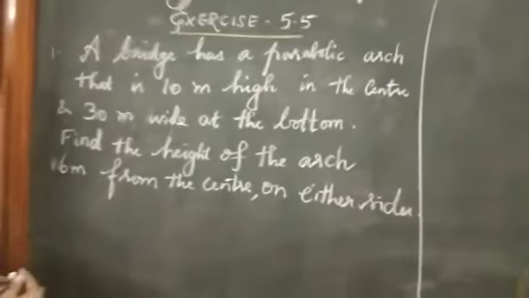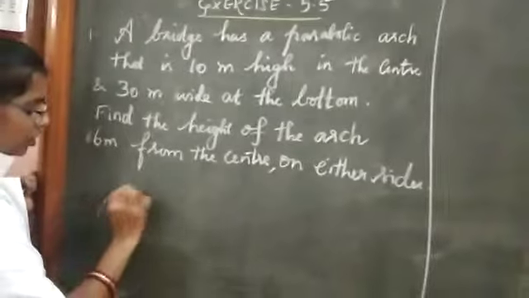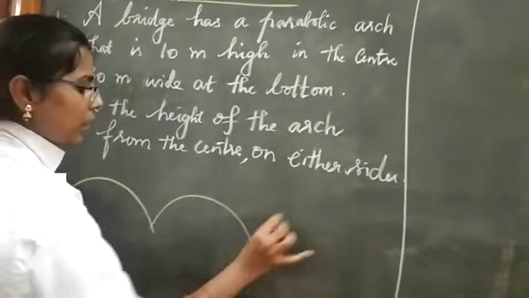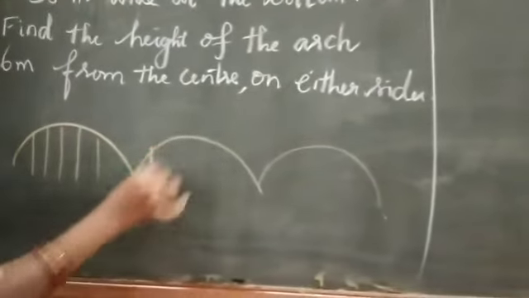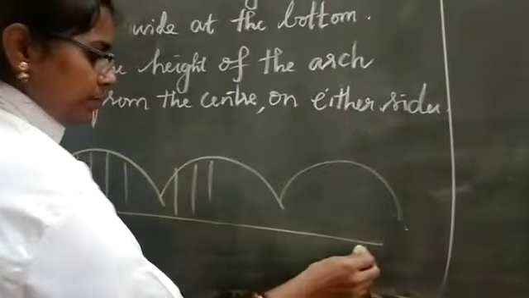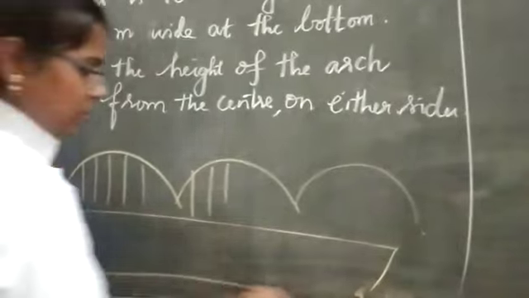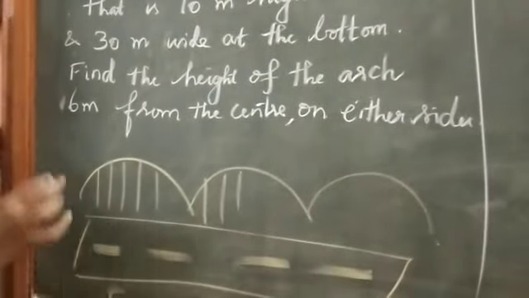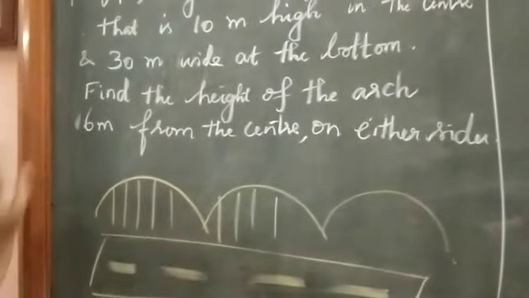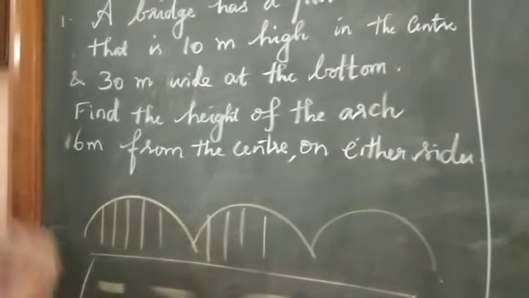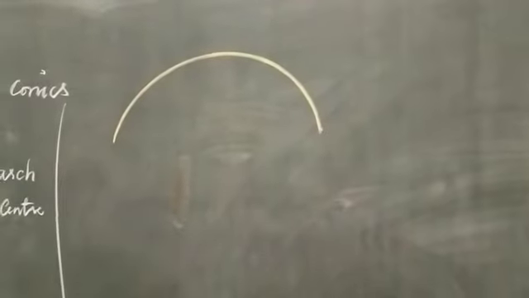So parabolic arch on the bridge எப்படி இருக்கும்? You have seen, yeah, எப்படி இருக்கும் the parabolic arch? So it will look like this bridge. இப்படி தான் இருக்கும். So you have seen. From this we shall take only one arch. ஒரே ஒரு arch மட்டும் parabolic arch மட்டும் நம்ம எடுத்து find out பண்ண போறோம். Now draw a parabolic arch. அதிலிருந்து ஒரு part எடுத்துக்கலாம். This is a parabolic arch.